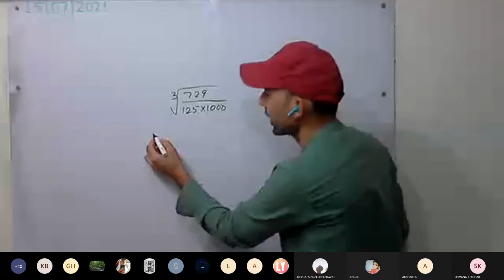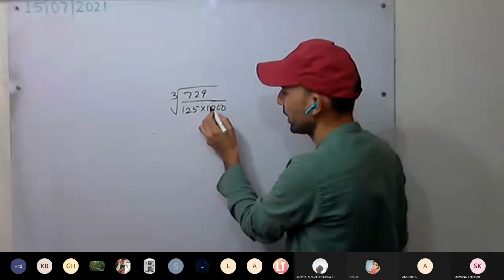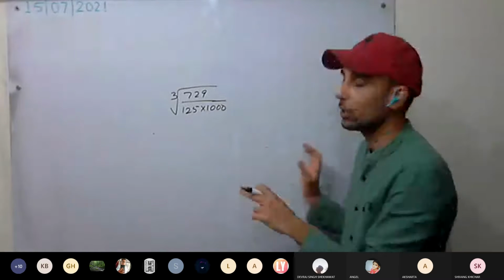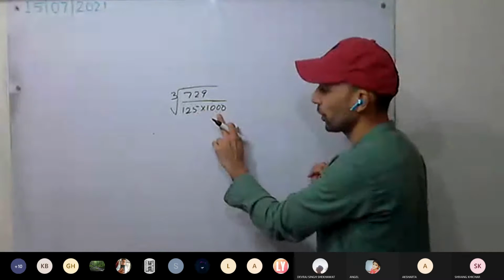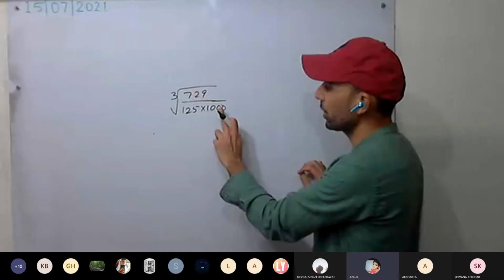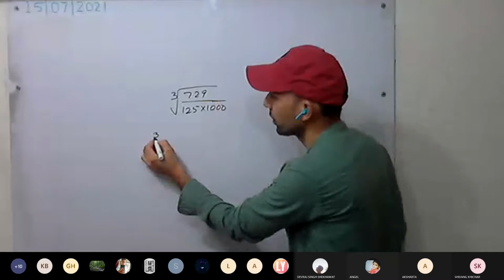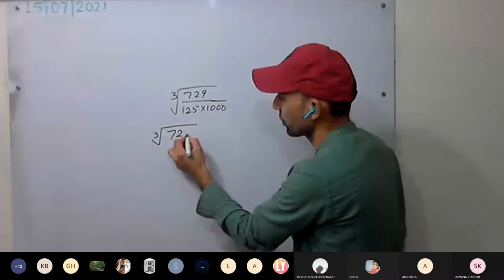You can write it like this. It's a perfect cube. It is also a perfect cube. Basically, in the denominator we'll check whether these two are perfect cubes or not. Sometimes, sir, it can happen that we take a factor from this and move it here, which can make both perfect cubes. We'll see those questions as well.